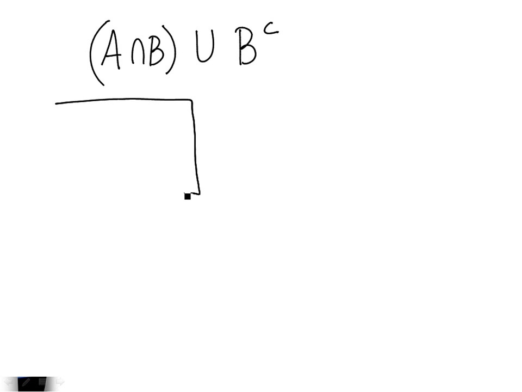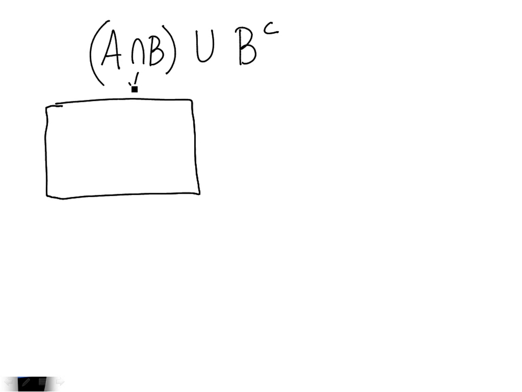A intersection B union B complement. So there's a lot going on here. Sometimes I like working with two Venn diagrams. So I'm going to, let's do A union B, A intersection B